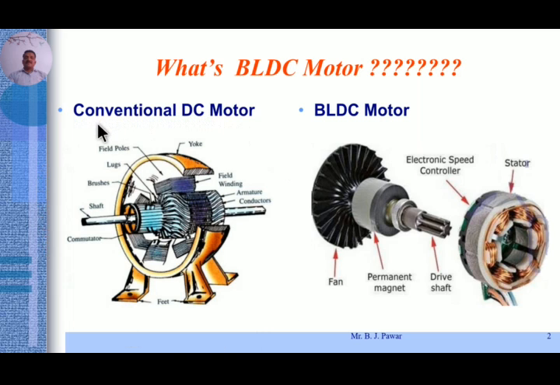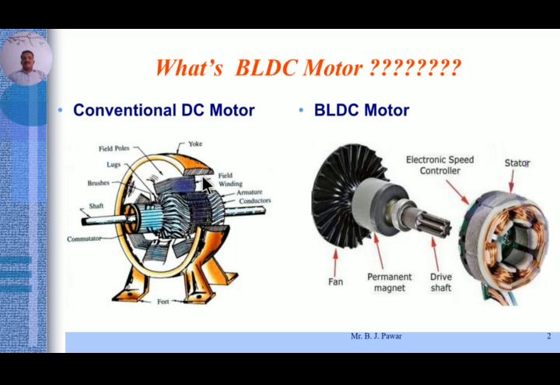First we will compare it with the conventional DC motor which you studied in detail in my previous lecture. That conventional DC motor consists of basically two windings: one is the armature winding and another one is the field winding. The field winding is wound inside the yoke of the DC motor, which is stationary, and the other winding is wound on the rotor, which is known as the armature winding. Both windings have to be powered externally. So both windings need powering in the conventional DC motor, also known as a separately excited DC motor, right?